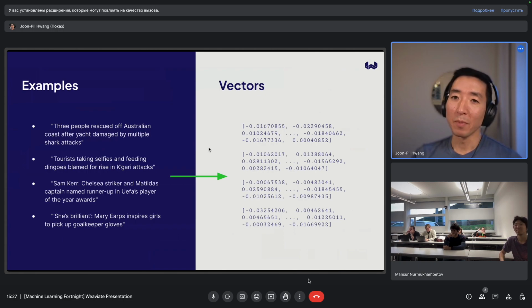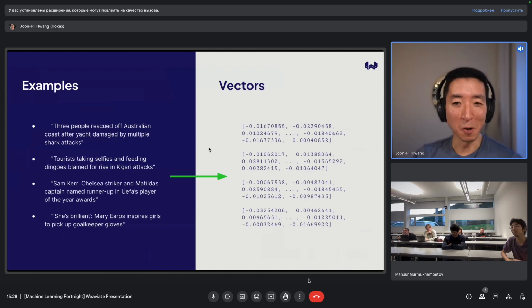And then the next two are about star players at the last Women's World Cup that was just a couple of months ago, right? So Sam Kerr is the Australian captain, so this is a story about her. And the last one is about Mary Earps, who's the English goalkeeper. And each of those can be converted into vectors. These are OpenAI vectors, so they're 1536 dimensions. So in this particular case, there are a Python list of 1536, I believe, floating point numbers, right?